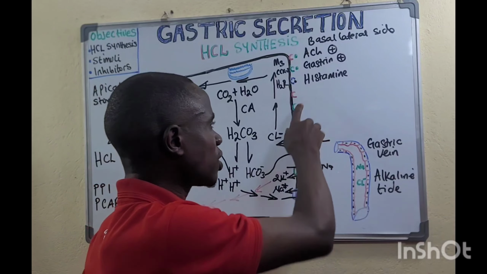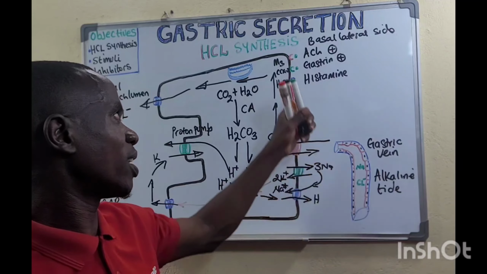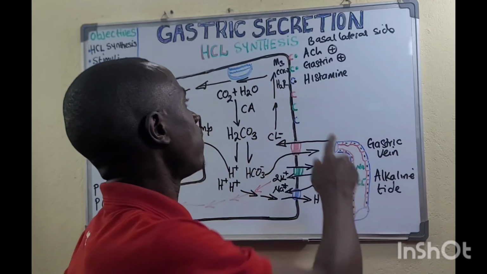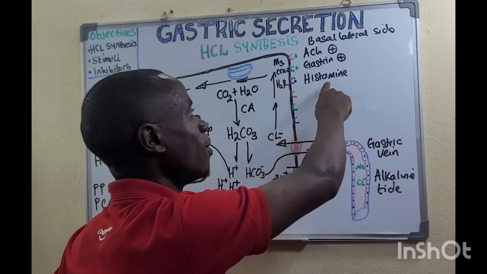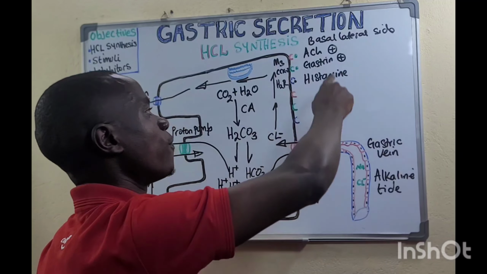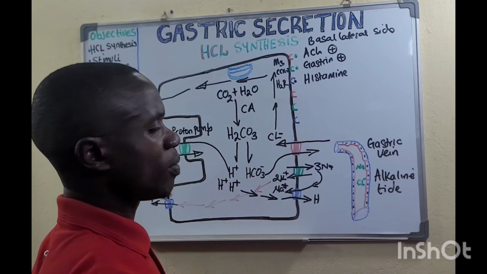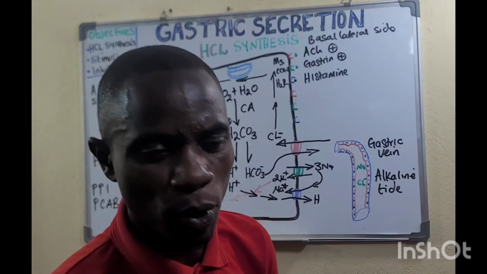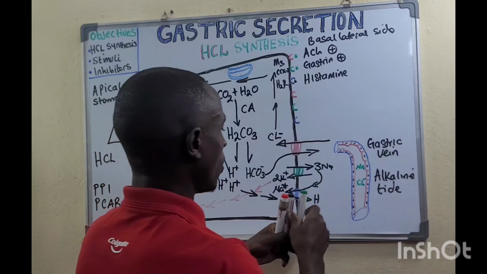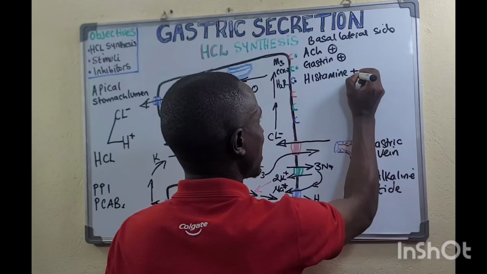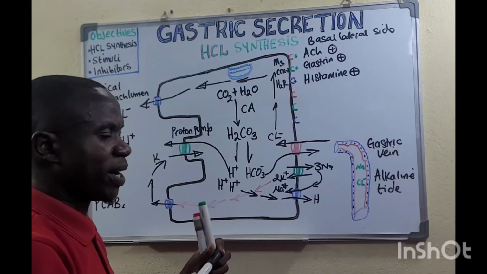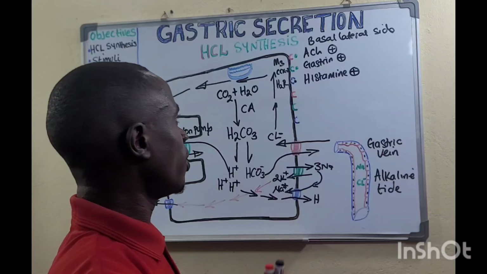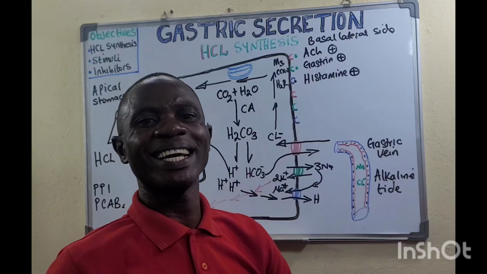Some of the most important drugs that block this kind of receptor are what we call ranitidine and cimetidine. They block this receptor, blocking histamine from binding there, and so they inhibit the production of hydrochloric acid by the parietal cell. It is such another beautiful thing. So now histamine is also going to be exerting a stimulatory effect on the parietal cell. Then we also have another kind of molecule which is also going to be exerting an inhibitory effect